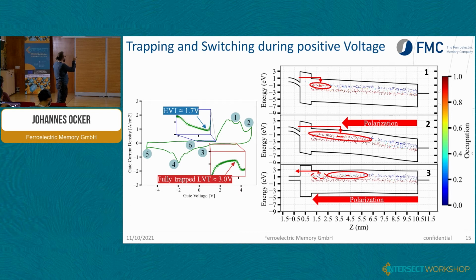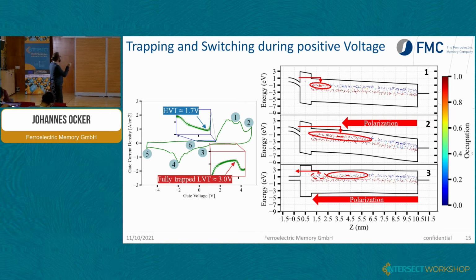You can see that there's some electron trapping in already. And then at the second point here, which corresponds to this band diagram, the polarization is already almost fully switched, but completely overcompensated by electron traps. So if you read out the ferroelectric transistor in a normal way, you wouldn't see a ferroelectric memory window, you only see a charge trapping memory window. And then you have to wait until these electrons come out, and then the ferroelectric memory window reveals itself. And this is actually what happens already during the downsweep